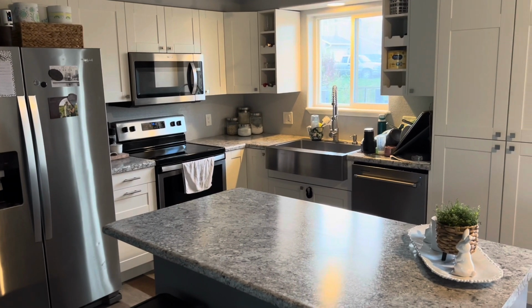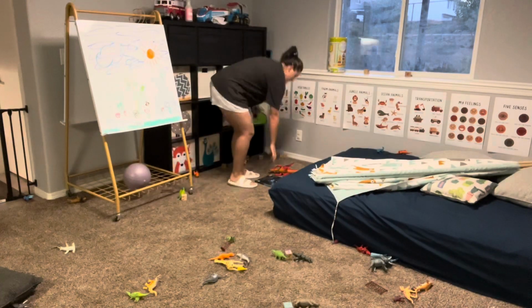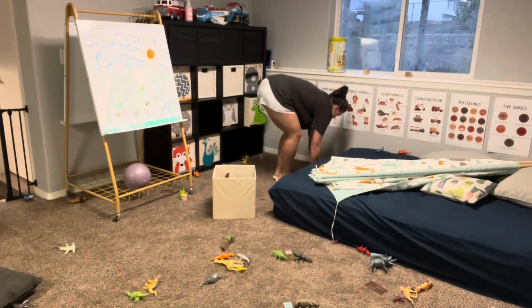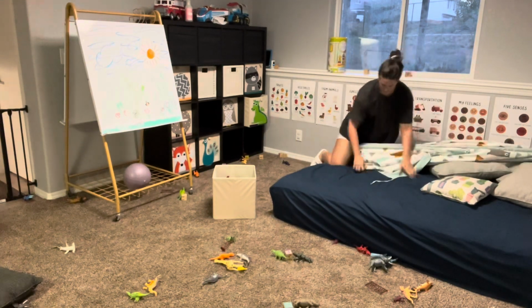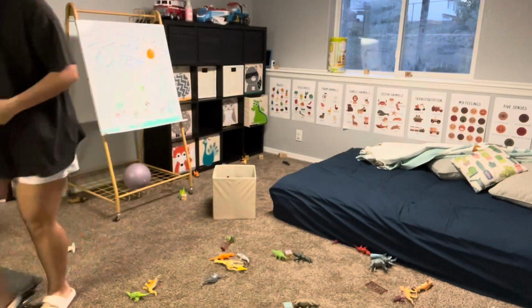The last thing I had to do after that was give the counter one last little wipe down, and then I am moving on to the playroom. So I am giving this a quick little reset. I've got to pick up all the toys. I took down the kids' tent so that I could vacuum in here, and I'm just going to refresh like I do in all the other rooms. I'm going to put away all the toys, fix up some pillows, give this a good healthy vacuum, and I'm